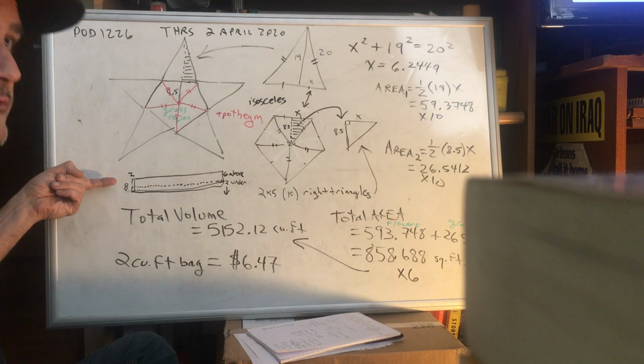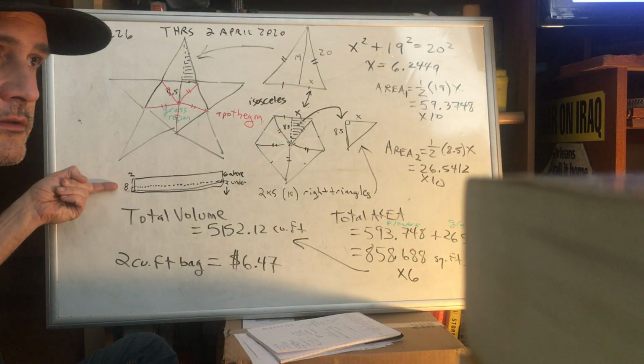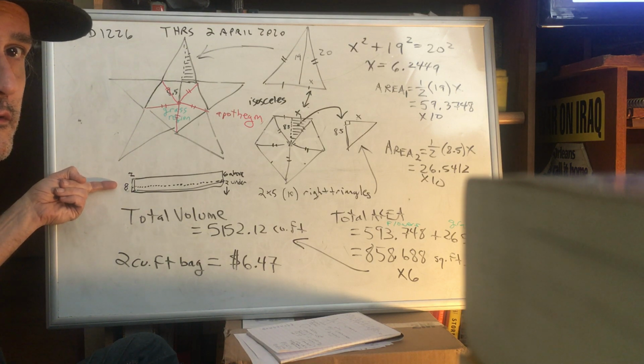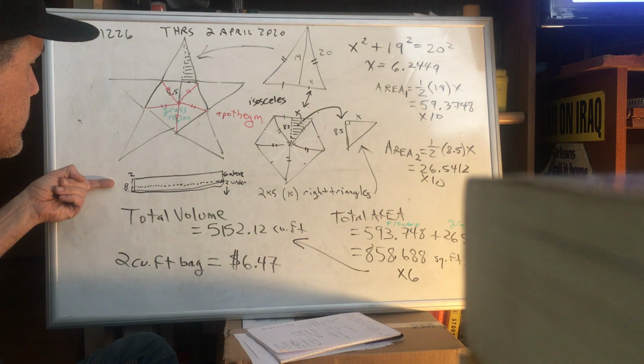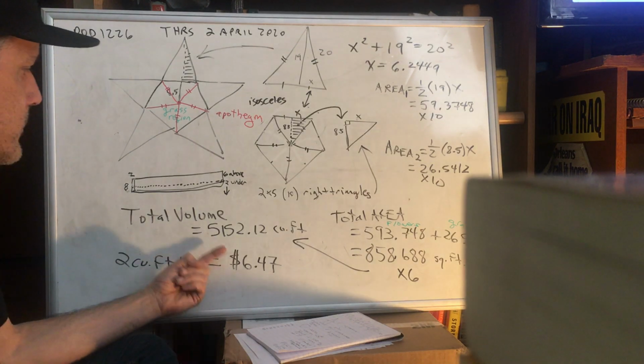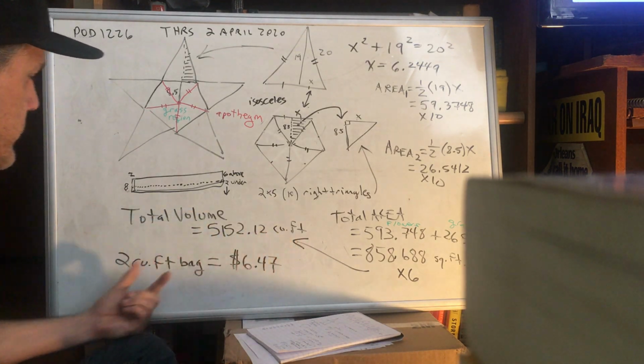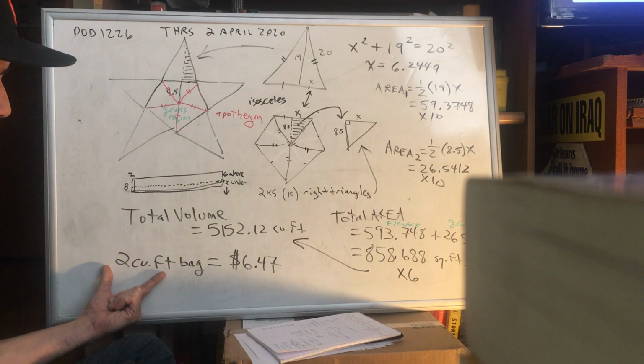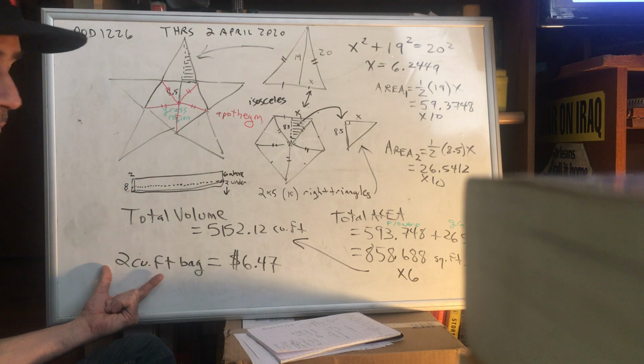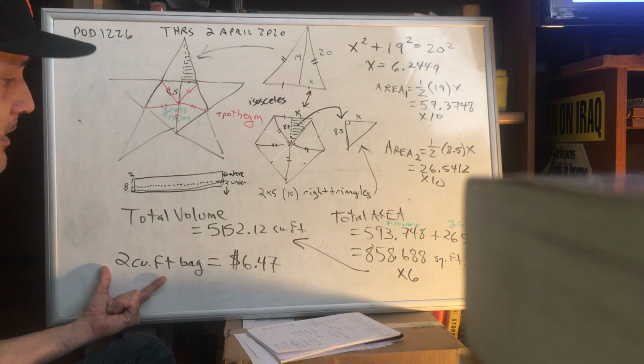That cost is rather minimal. That's probably going to be less than $200. Wood's relatively cheap. But look how many cubic feet of dirt you need, and we're going to be able to buy a 2 cubic foot bag for $6.47. Wow. It's surprising how much money